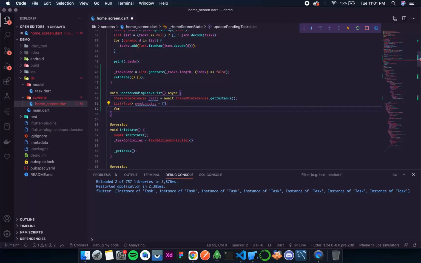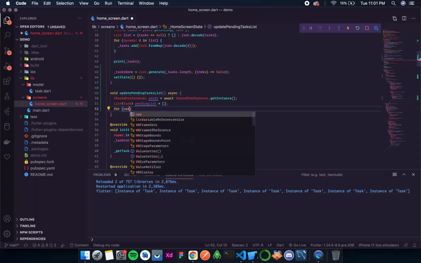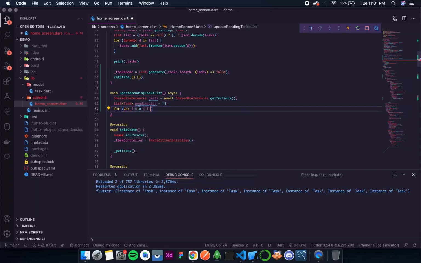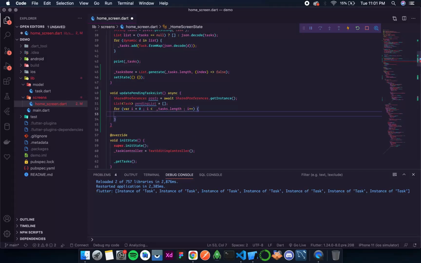Now let's loop through all the tasks. So I'll write for var i is equal to 0, i is less than tasks dot length, i plus plus. Okay, I don't need a parenthesis. This is a one liner, so we don't need a parenthesis.